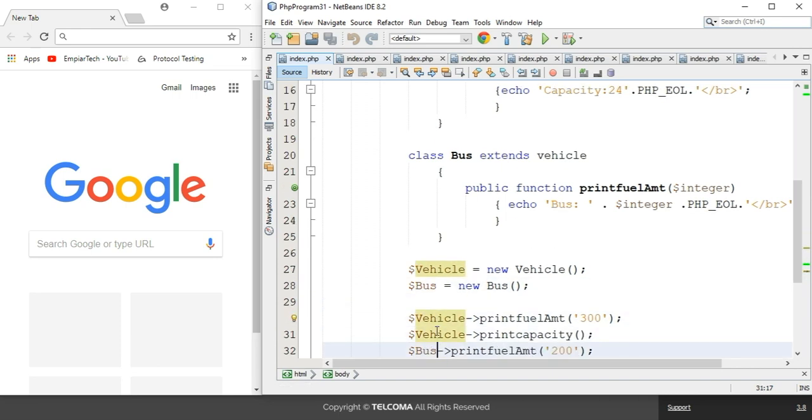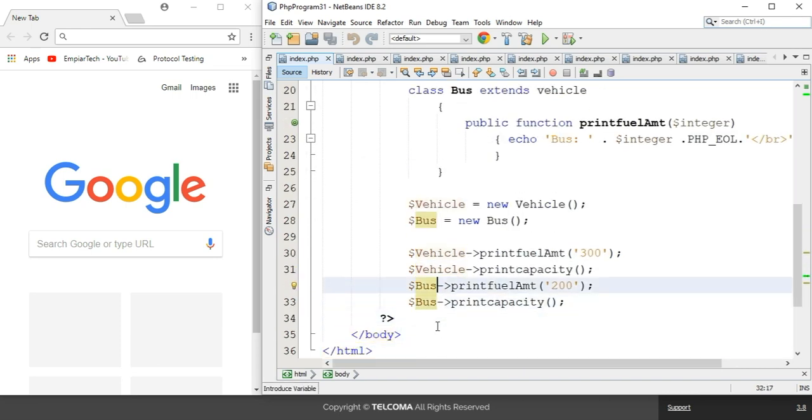First of all, the parent class calls the member function print fuel amount, and it will print 300 liter. After that vehicle again calls the member function print capacity, which prints the capacity of the vehicle. Then the bus calls the member function print fuel amount, and it will print 200 liter.